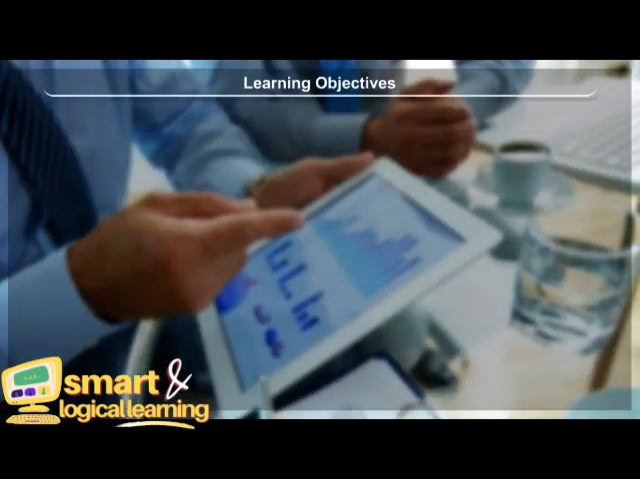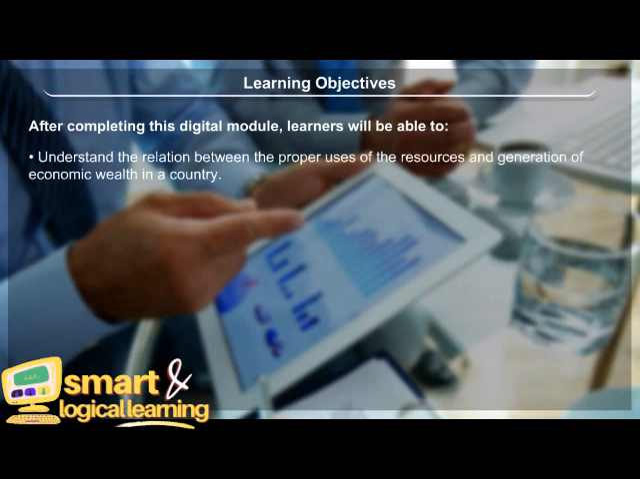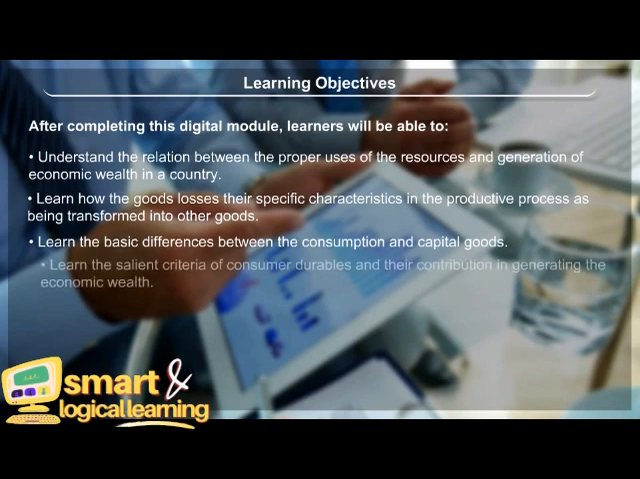Learning objectives. After completing this digital module, learners will be able to understand the relation between the proper uses of the resources and generation of economic wealth in a country, learn how goods lose their specific characteristics in the productive process as they are transformed into other goods, learn the basic differences between consumption and capital goods,